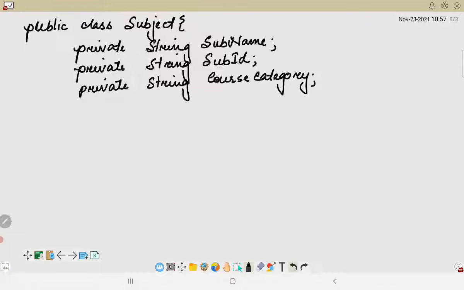Now in this particular model layer, we will be writing the getter and setter components, which will basically be retrieving the IDs, the name, as well as the category.